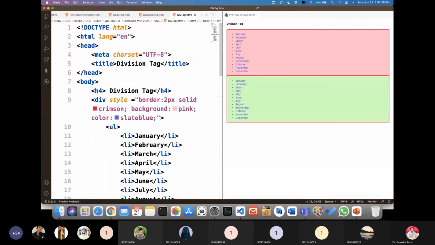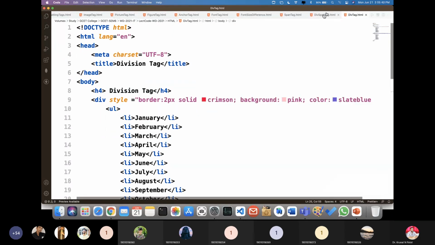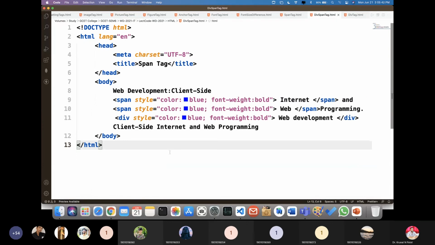Now suppose I want to go for the combination of both, right? So I'm going to use the division and span tag together. Here you can see that we have two different spans, and here we have a division tag. So what is the difference over here? Similarly, I have applied a span and I have applied a style to some specific words, right?